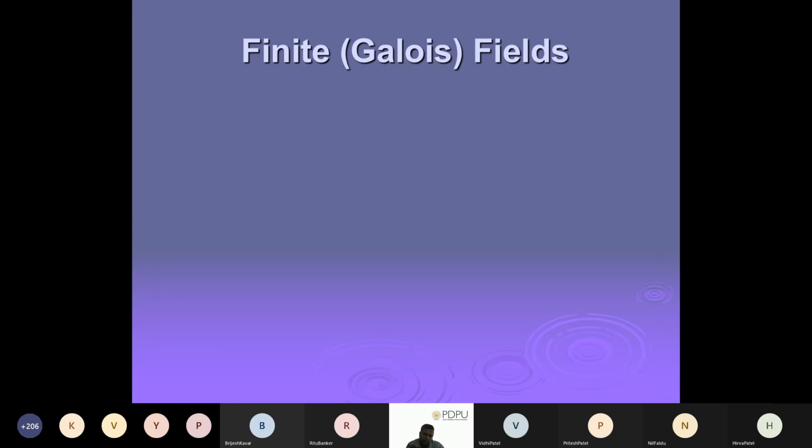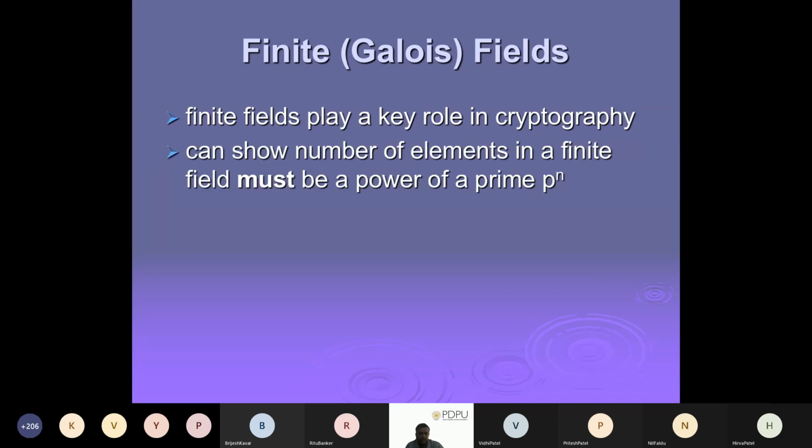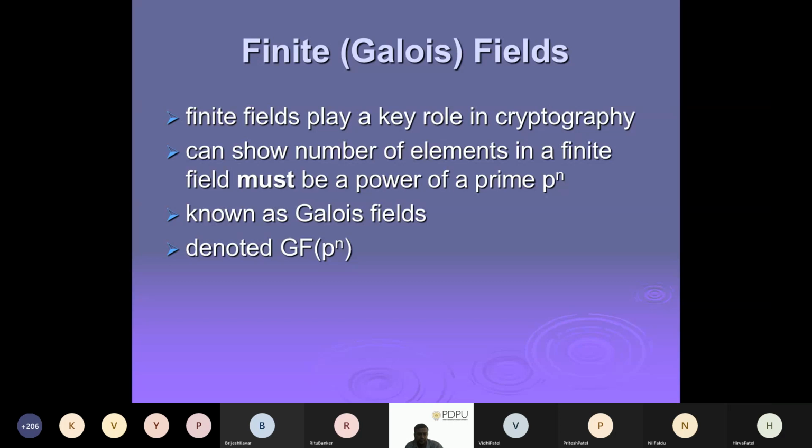Now even among fields, we are interested in a Galois field, which we call the finite fields. The short form of the Galois field is GF. Not any group can be a Galois field; there are certain properties the field is supposed to have, so that you can play with it. Finite fields or Galois fields play a role in cryptography. That is generally where we are going to use this.